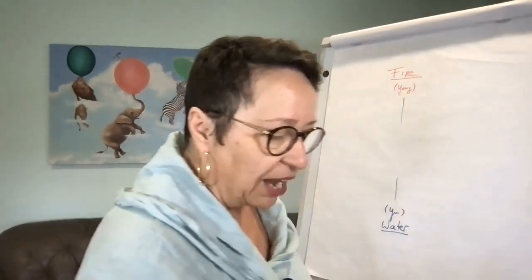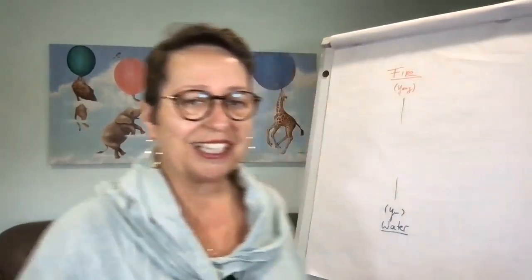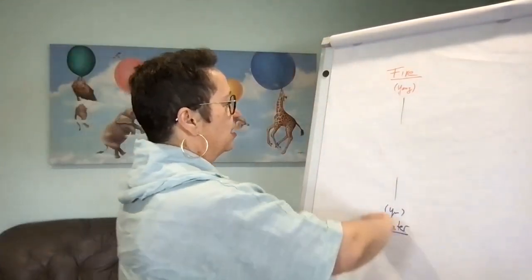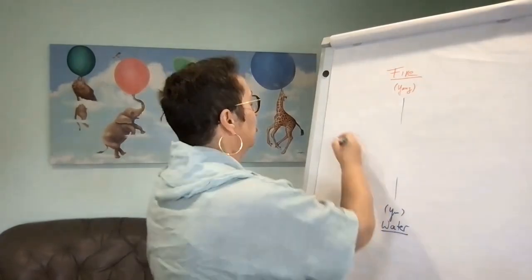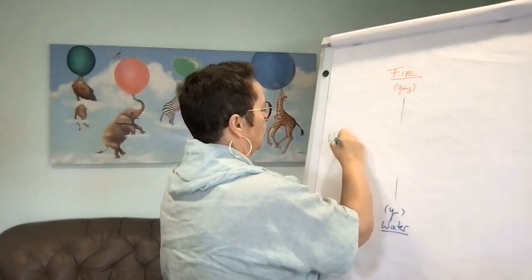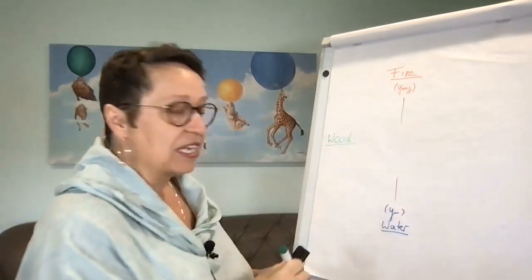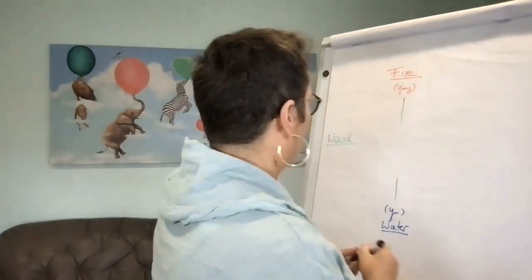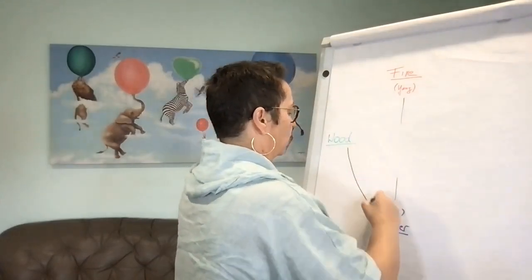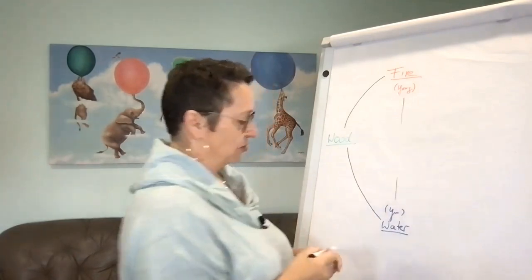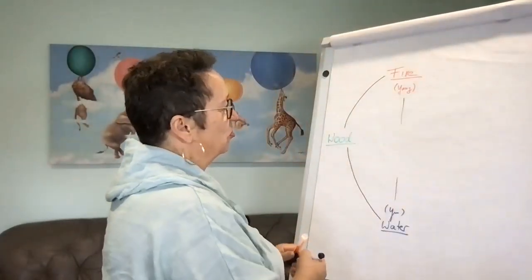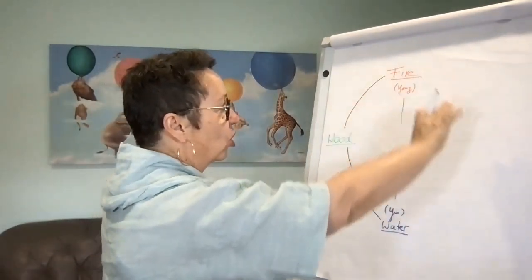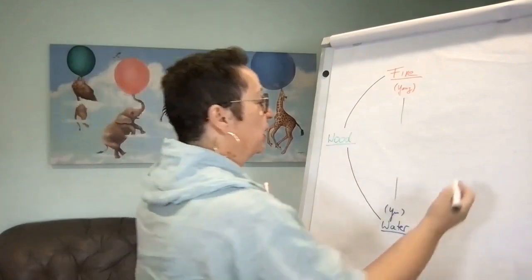So we already know that we have minimum two ways. We have one from yin up to the yang, from water to fire, and that's what we call the wood state. So this upward movement from water to fire goes via the wood stage. Then there's another one going down. Yes, of course there is. And there is a little bit more different about that. The energy going down from fire to water, we call metal.